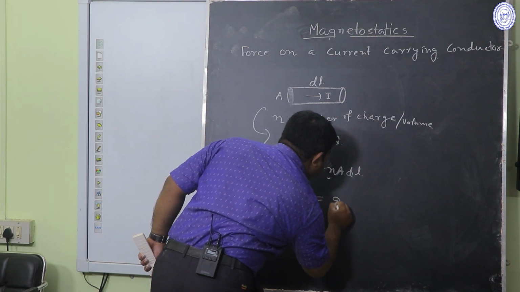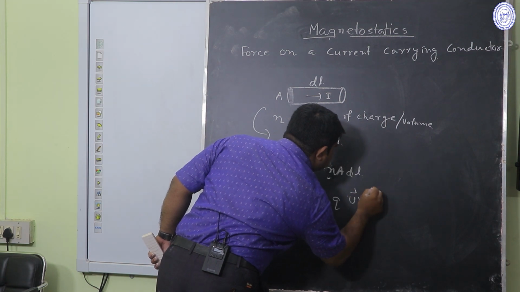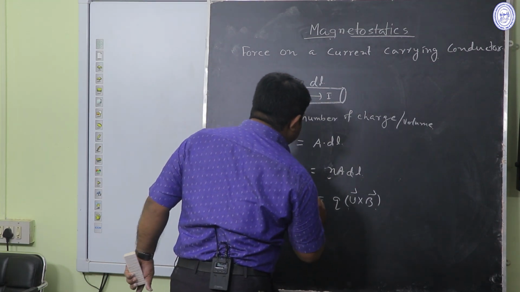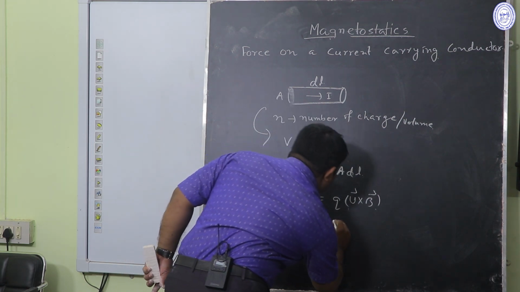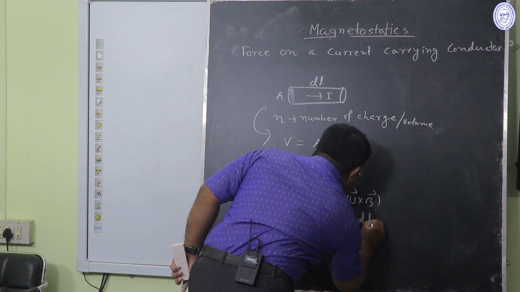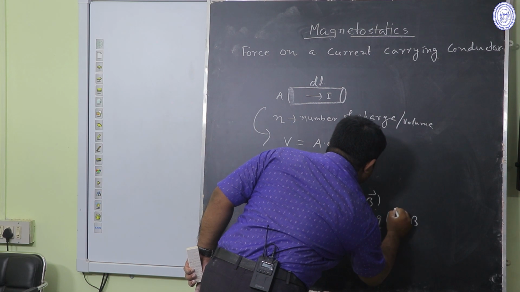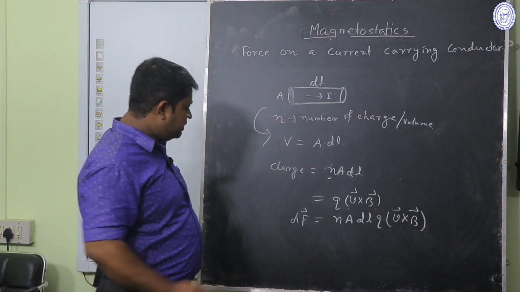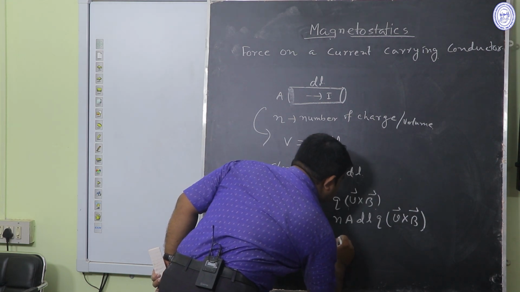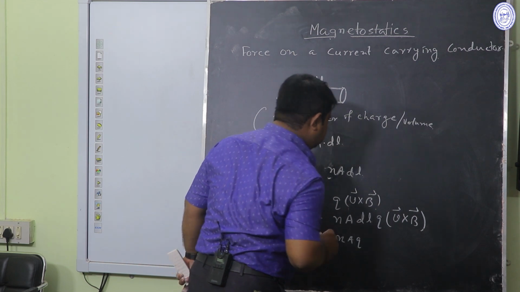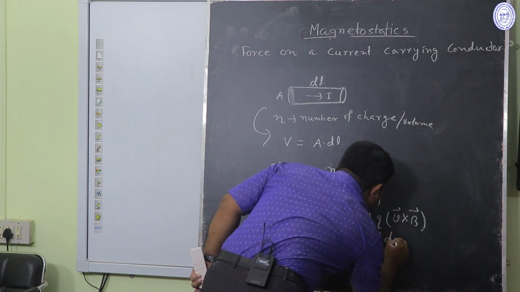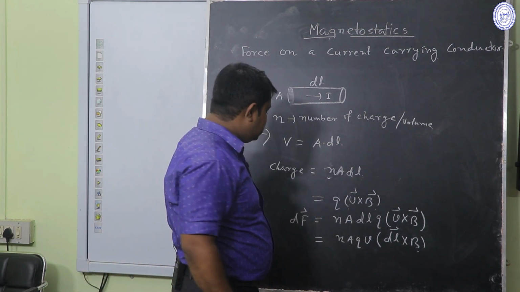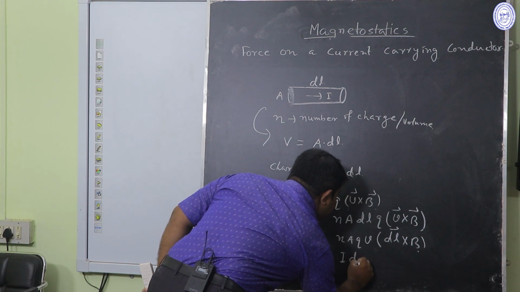We have already known that the force acting on a charged particle q is equal to q into v cross B. So the total force on the elementary conductor is equal to n A dl q into v cross B. Since the velocity of the charged particle is parallel to the length, we can write the force on the elementary conductor as n A q v dl cross B. This quantity n A q v gives the current. So dF is equal to I dl cross B,